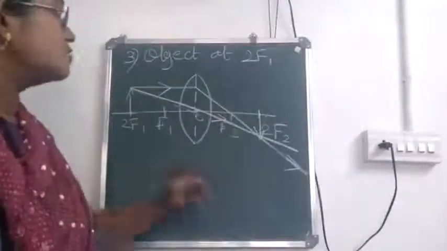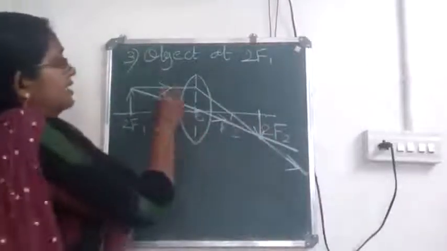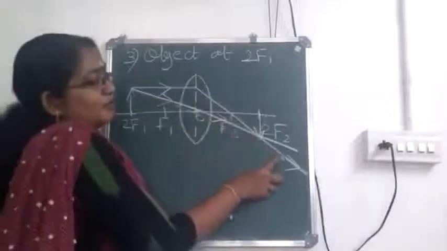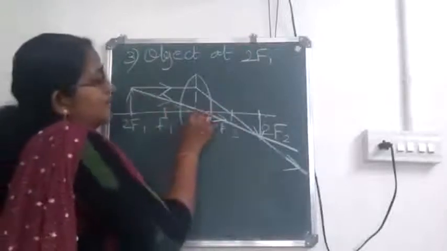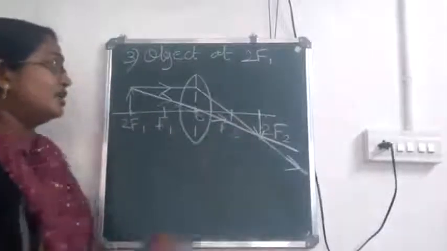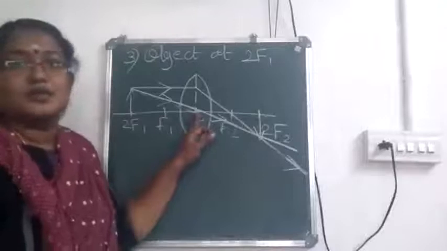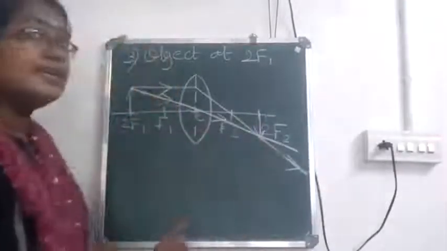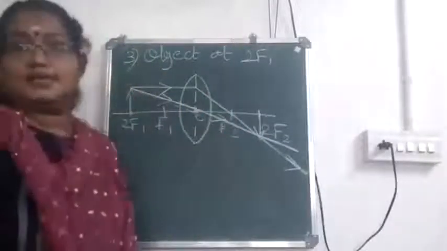So these are the two things you have to remember. The two refracted rays. How are we considering the rays? One passing parallel to the principal axis. After refraction it moves through the focus. Then the second one coming through the optic center. Then after refraction it moves without any deviation. You should remember one thing, it should go exactly through the center. Okay. So again it's difficult for me to draw. Then these two rays should meet just below 2F2 and the size should be same.